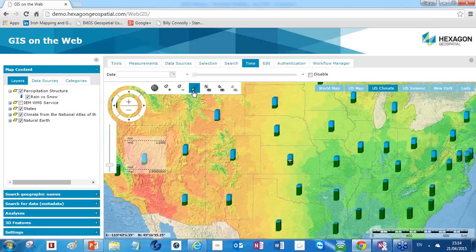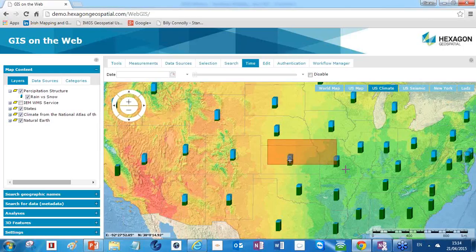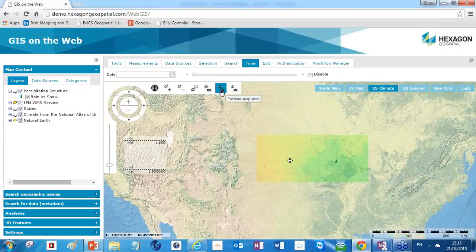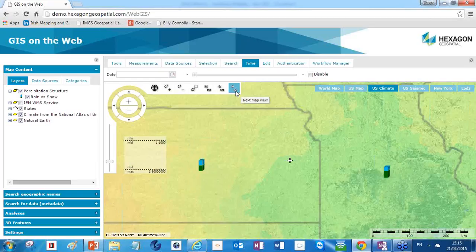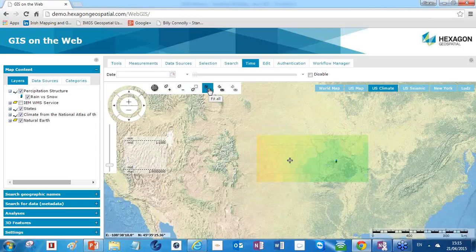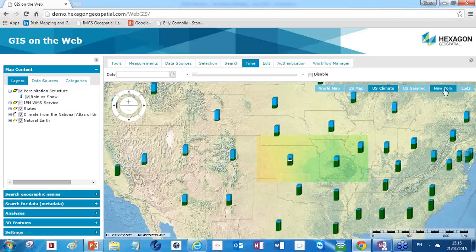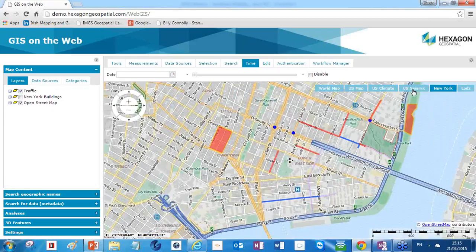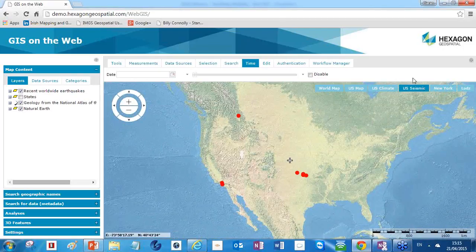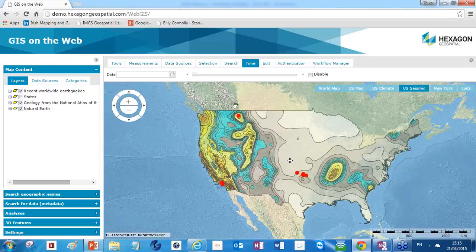And as before, with Portal and with WebMap, you've now got the nice controls that you can zoom in on. You've also got zoom previous. If you want to zoom back to where you were, you can zoom to the next map view. So you can jump back and forth. We zoom in, we fit all if you get lost. And as I said, like with the consumer portal, you can switch. You can have as many of these map topics or map compositions on the top as you'd like, and you can move from one to the other, and it'll remember not only the content data that's on the map, and your legend will change if you change, but also the location map or the default extent that you set up for that